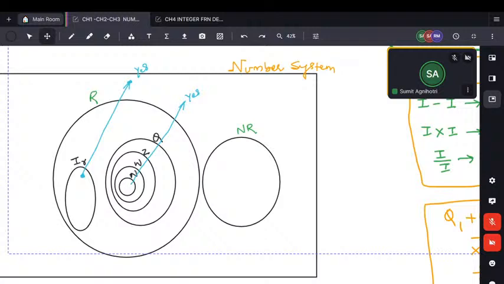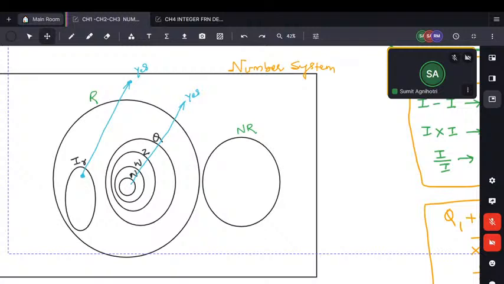These are 10 statements in front of you and they all are correct, because in all these statements you are moving from bottom to top. Yeah, from bottom to top. Yeah, all rational are real. Moving from bottom to top. All rational are real. All real are number system. This is also true. But if I move from top to bottom,